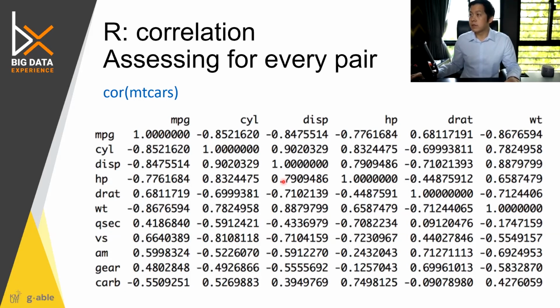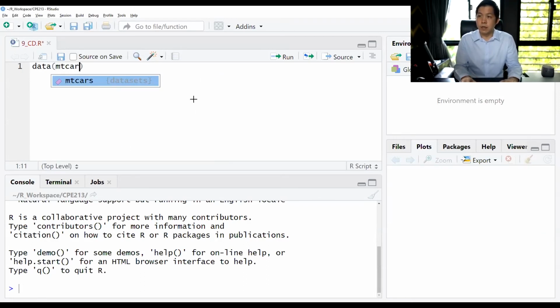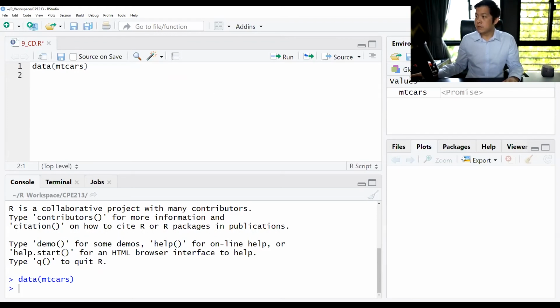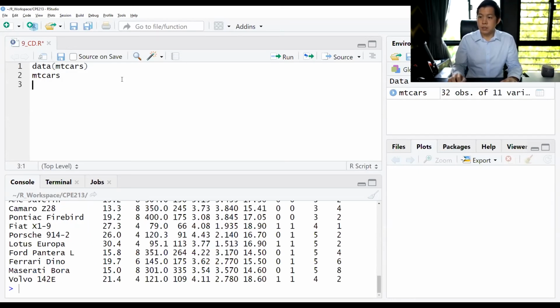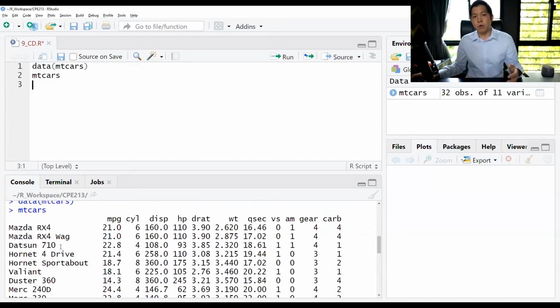Okay, I'll switch the screen here. So first I'll use the mtcars data. What I will do is load the mtcars, and you see here it's creating mtcars. To remind you again, these are the measurements. In rows, each row contains a unit of analysis, each car, and columns indicate the measurements or the specs of the car. So we can use the cor call to find